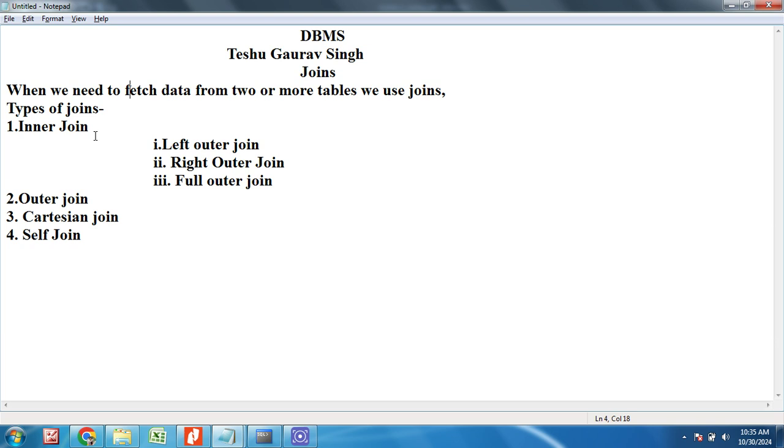Okay, so basically we have two tables. In both the tables, one column must be common. We use foreign key concepts. For one table, the column is referred to as a foreign key, and in the other table the same column will be treated as primary key. Let's see through the example.